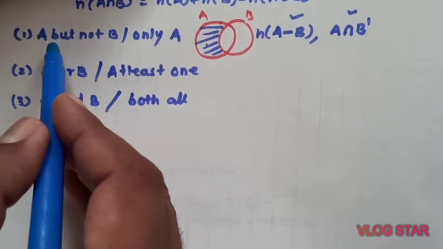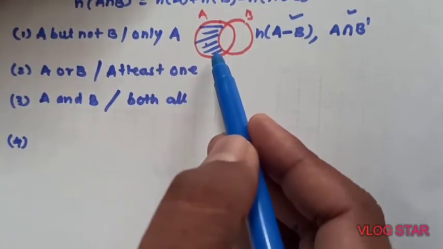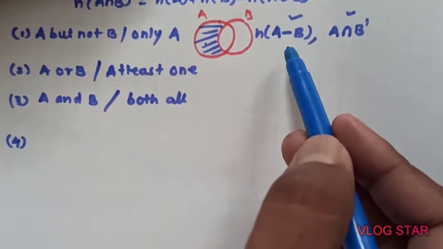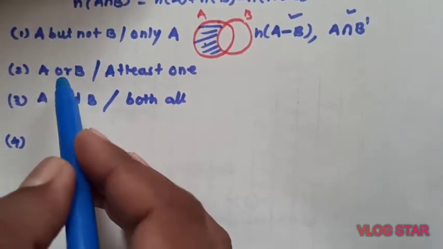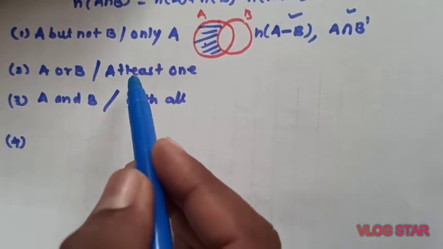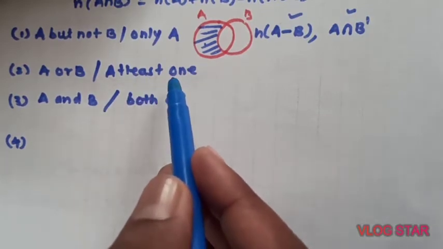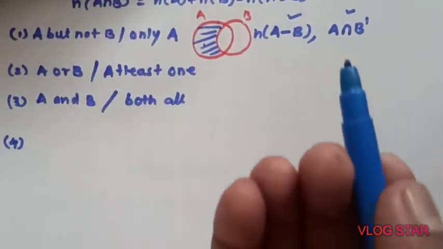So look at this wording. What wording is used here? What is the related Venn diagram and what is the related expression for that? Sometimes they may ask you how many elements are there in A or B, or count all the elements which are at least in one set. Means कम से कम किसी एक सेट में तो होना चाहिए. Means दोनों में हुआ तो भी चलेगा.